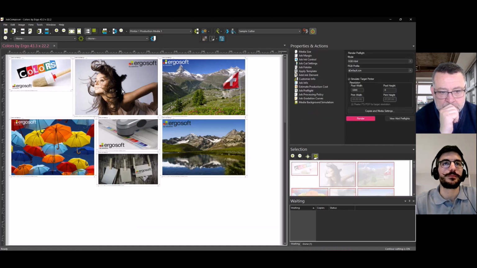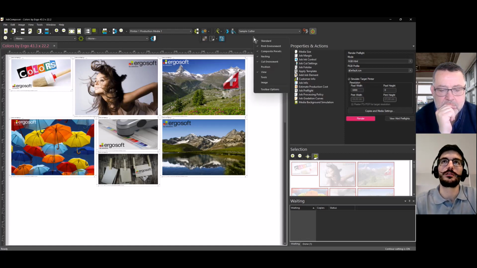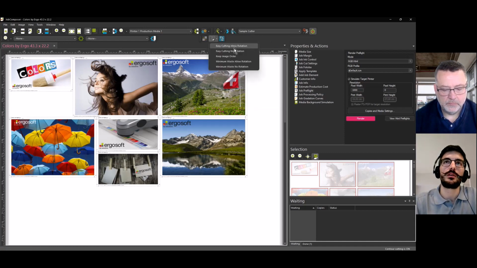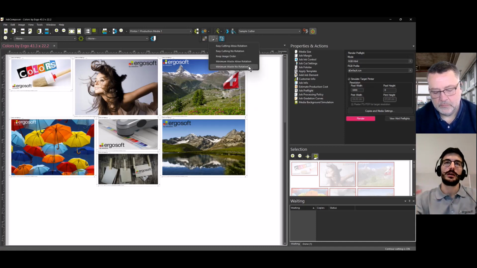So now that I have those files on the job composer, one thing I can do is simply go here to the option or the shortcut for the rectangular nesting. It is here on my workspace, but if you cannot find it, you can always right-click with your mouse, and you can see the options for showing and hiding, and this one is the one for the nesting. So if you come here, you have multiple options to automatically rearrange the images in